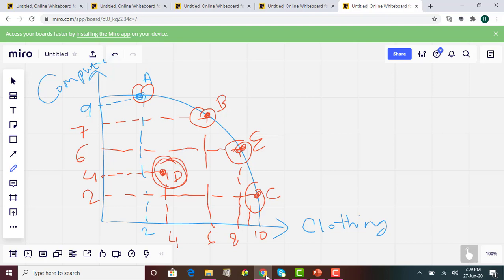Okay, and when we say we want to achieve Pareto optimality, it means we will move from point D to a point where the output of both computers and clothing will go up and there won't be any cost to others. Okay, so what it means is, if we move from point D to point B, what's happening? At point D we have 4 clothings and we have 4 computers, right? And at point B we have 7 computers and we have 6 clothings. So both at point B,